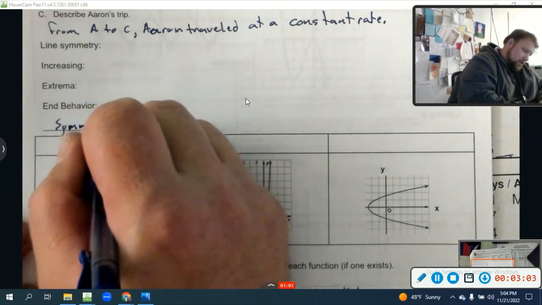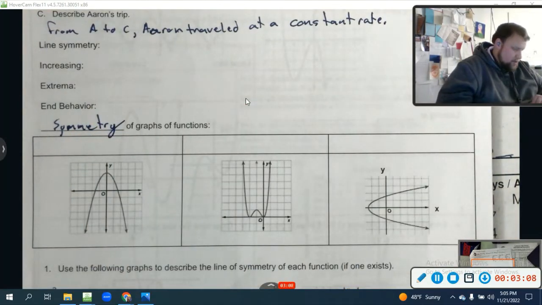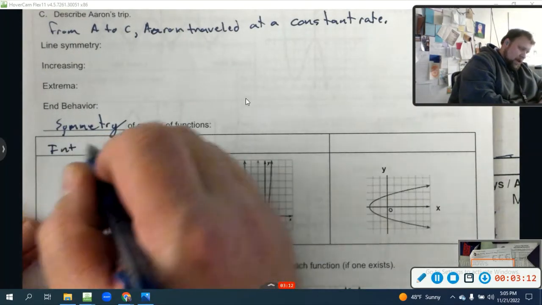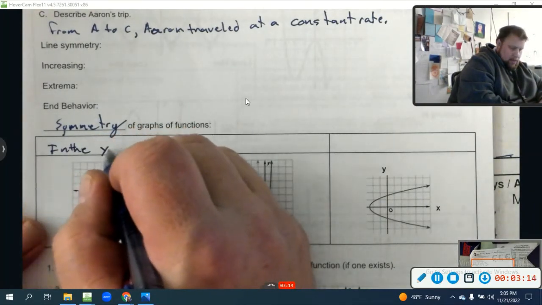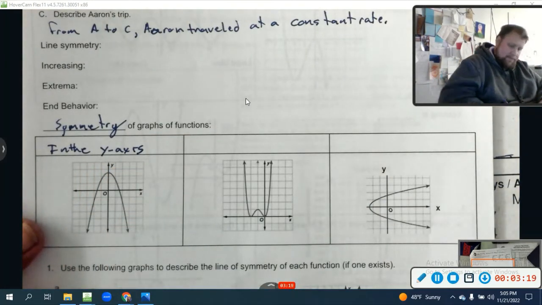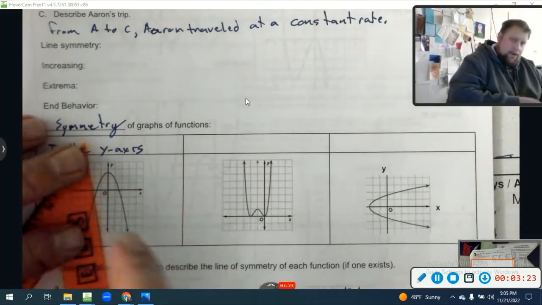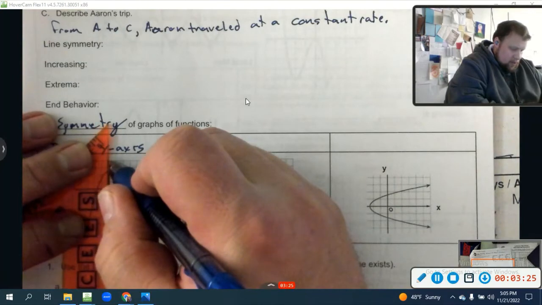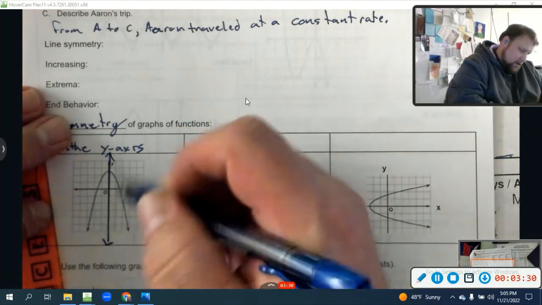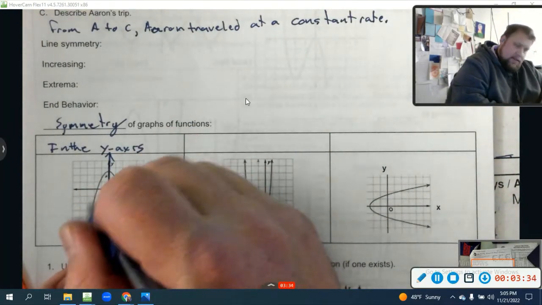We're going to talk about symmetry of graphs of functions. Okay, when that symmetry is in the y-axis. Let's look at that. I'm going to get out my little triangle ruler to help me as I go. But when it's in the y-axis, boom, so here's the y-axis right here, right? When we have symmetry in that, that means if I were to cut, this is a parabola right here,